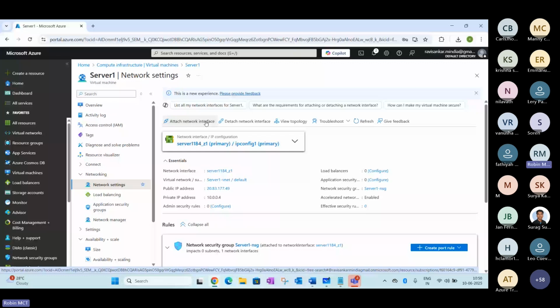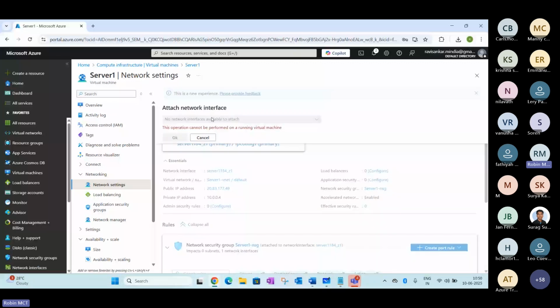It's saying that in case you are trying to do any kind of network change, and I'm just clicking on attach network interface card, you end up with a message. You see, the operation cannot be performed on a running virtual machine.